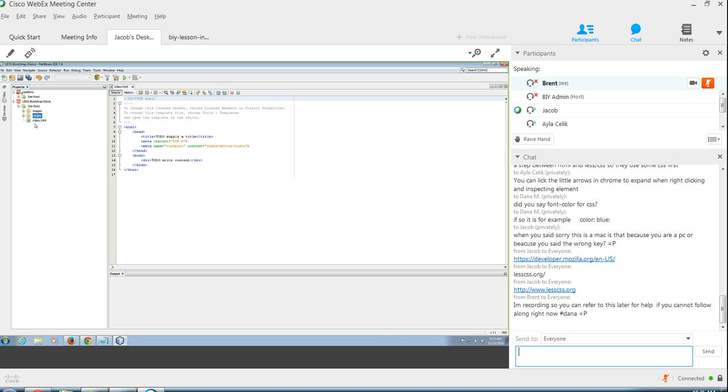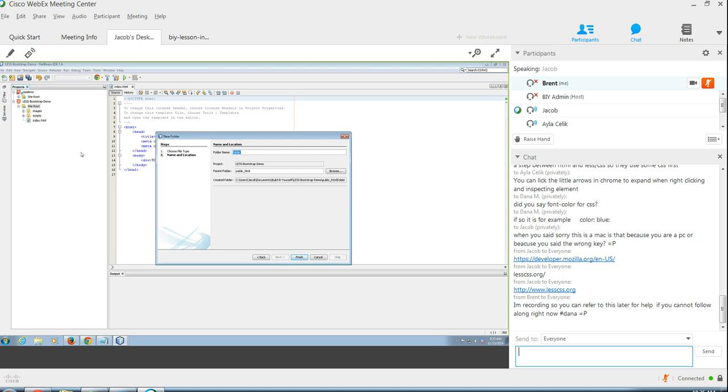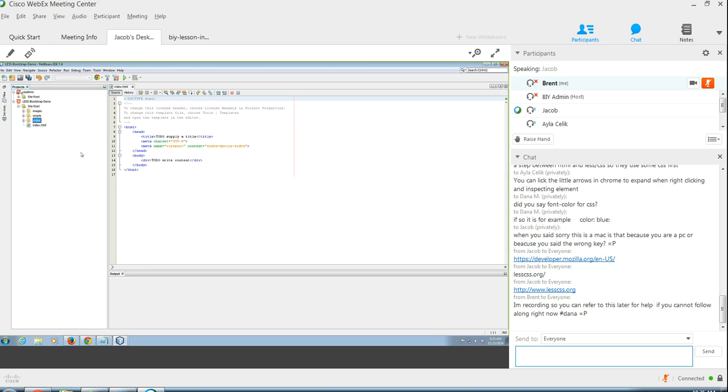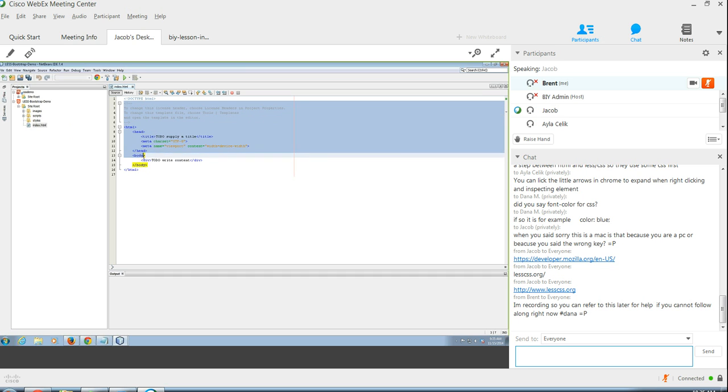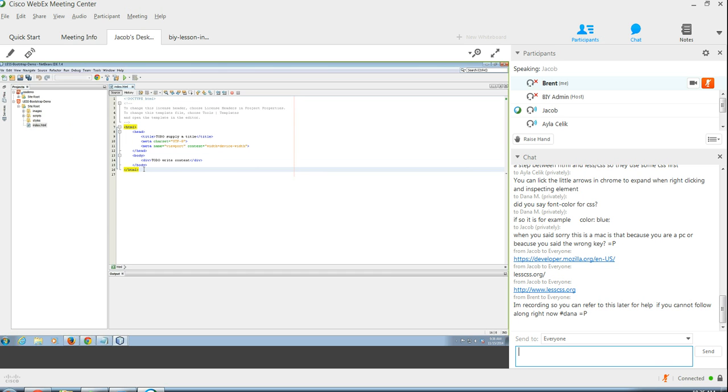Okay, so what I'm going to do is now create another folder, just to keep things organized, to keep my images in a separate folder, my scripts in a separate folder, and my styles in a separate folder. Okay, so the HTML file that I have on the screen now is just